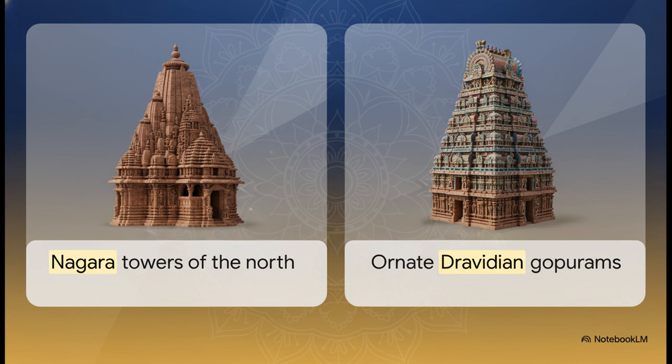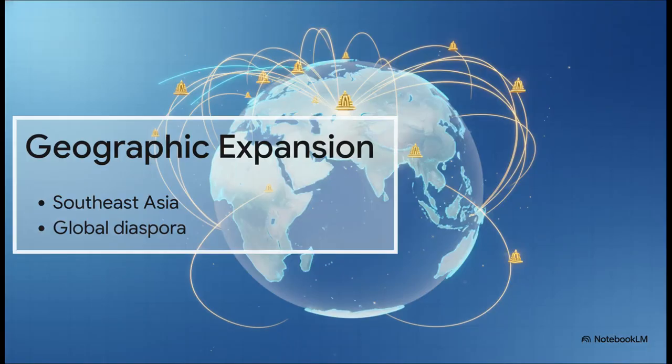What's amazing is that it's the exact same underlying mathematics and core spiritual intent, just translated into completely different, breathtaking cultural styles. And this completely illustrates how these architectural and cultural models absolutely did not stay confined to just the Indian subcontinent. As trade, culture, and ideas naturally flowed outward, well, so did these structural marvels. The blueprints traveled across oceans. They extended deep into Southeast Asia, inspiring massive historic temple complexes over there. And the crazy thing is that expansion never really stopped. Today, you can see this legacy continuing right into the modern global diaspora, with these beautifully constructed mandirs standing proudly in cities all around the entire world.